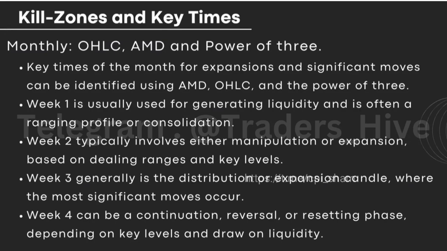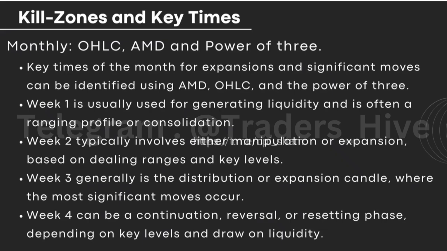Next up we've got the monthly range, and we'll learn about how to use time to filter it out, right? For it, you can use concepts like the open high low close concept, AMD, and power of 3. Now remember, these aren't the only concepts you'll use, right? You'll make sure to combine the other price concepts and the other time concepts with each other in a logical manner, right? You're going to use key levels, CRT, dealing ranges, and everything, right? You'll make sure that you match it with the higher time frame analysis from the monthly and the yearly range